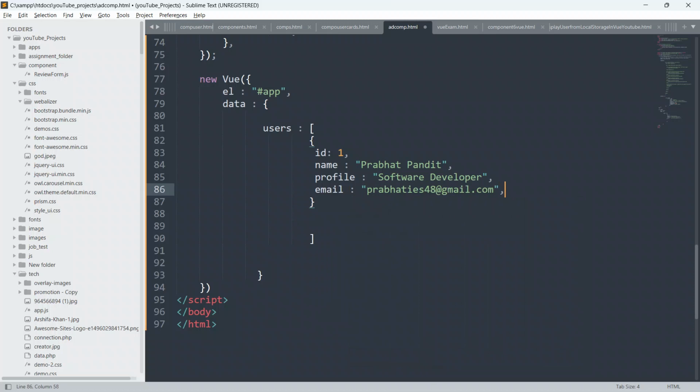Guys, all these images, all this information about the user is dummy, is fake. Nothing is real, nothing is related to any user or any person. Each and everything inside this user object, like ID, name, profile, email, is dummy or fake. I'm just using it to give you a demo of how a real application works.